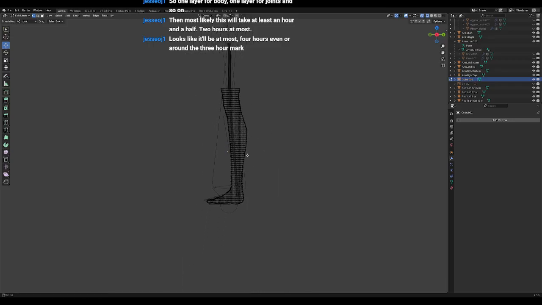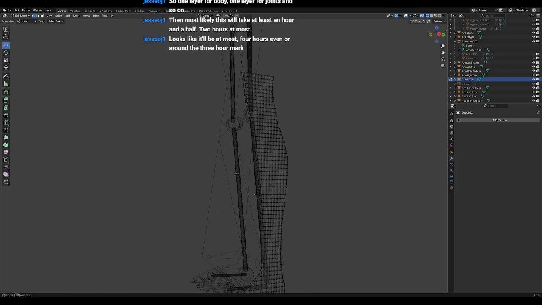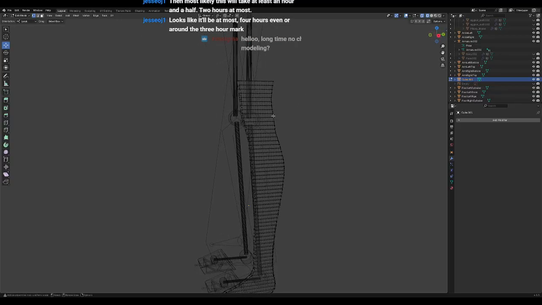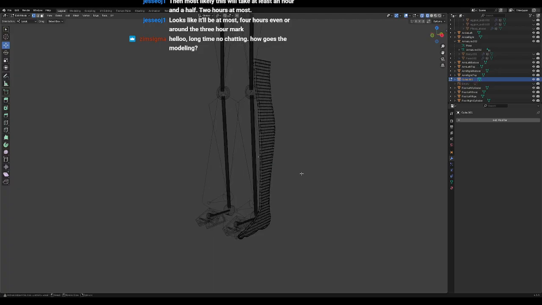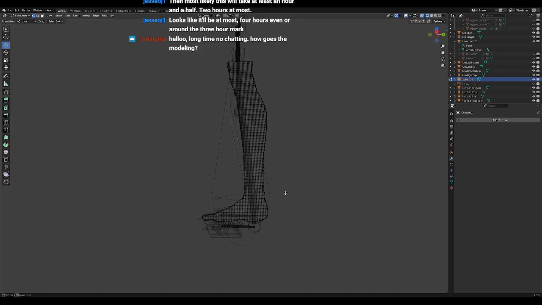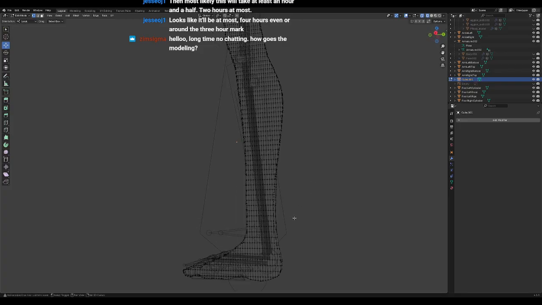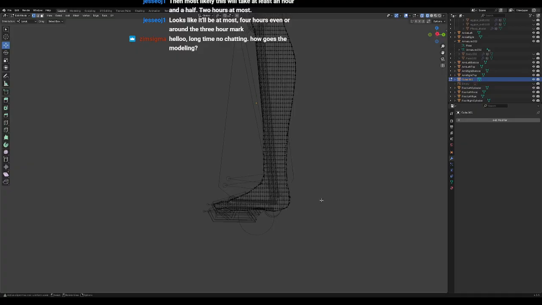I think I need to keep using cuts so I can have smooth edges. And then maybe for the bottom,